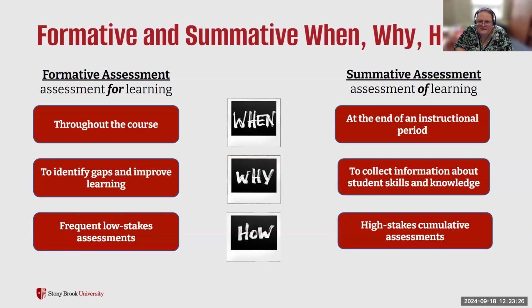Summative assessment really is assessment of learning, right? It takes place at the end of an instructional period and is ultimately for information collection for us as instructors and educators to make changes moving forward, for our next cohort of students that may engage in the course. These assessments tend to be a little bit higher stakes, more of your final projects, your final exams, things that would cover a larger